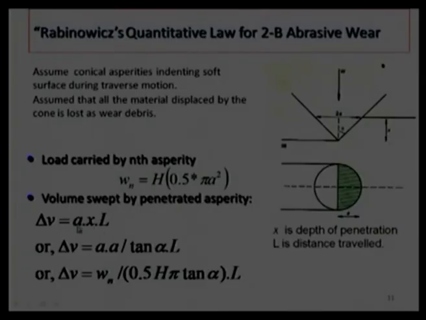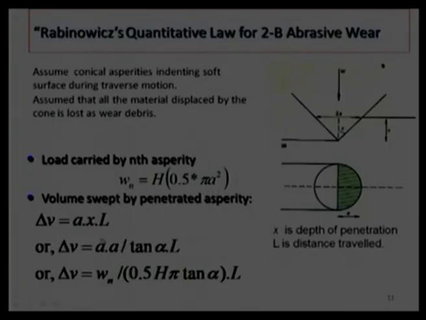radius of the cone is a, and radius of a cone at the contact surface is a, and total distance traveled by this asperity is L. We can express the depth of the penetration in terms of cone angle, that will turn out to be a by tan alpha. Here alpha is half cone angle. Rearrange this equation by substituting W n